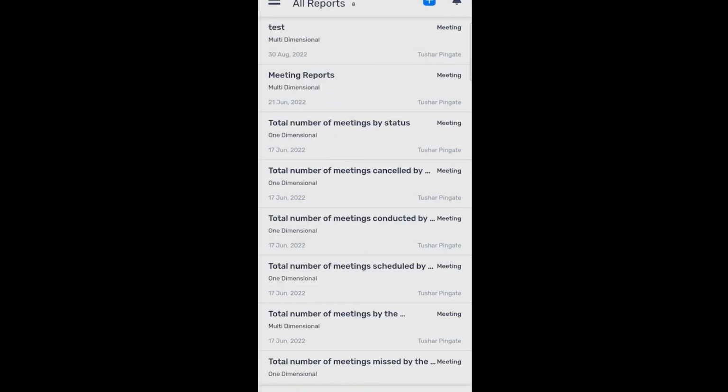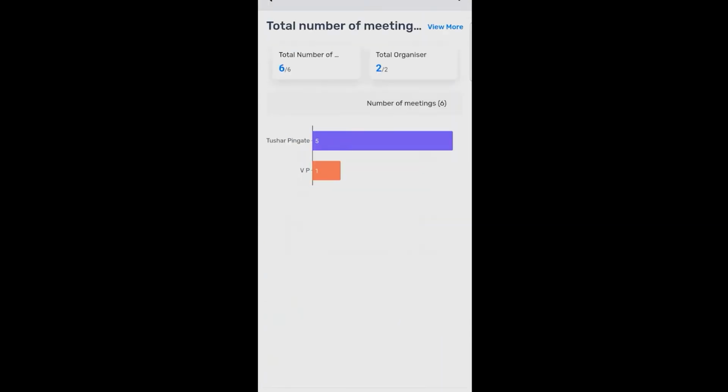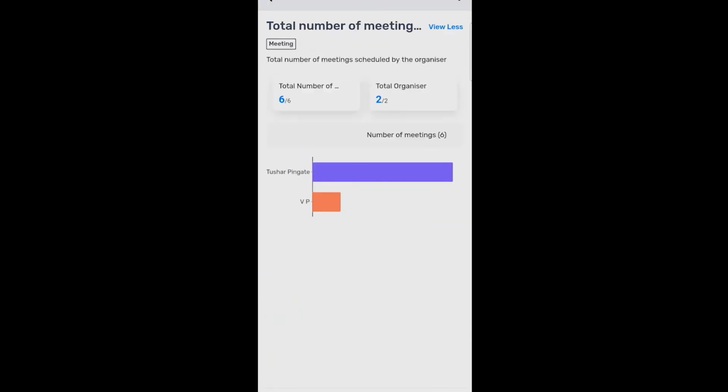we have predefined reports already given. You can see the meeting report: total number of meetings by status, total number of meetings cancelled by organizer, total number of meetings conducted by organizer, and scheduled. So if you click on any of the reports, you can see a total number of meetings